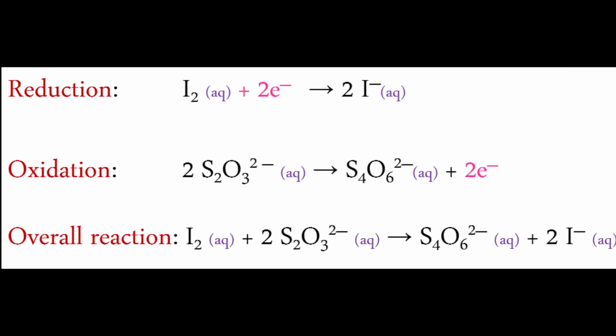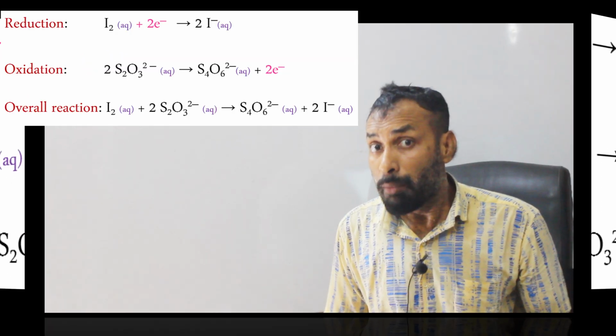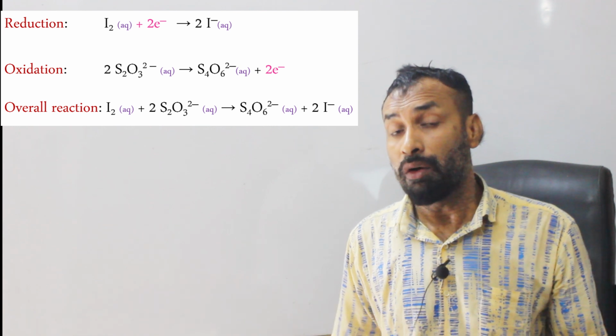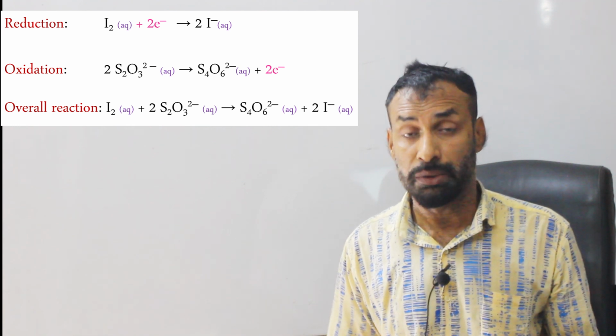You may combine the oxidation equation of thiosulfate and the reduction reaction of iodine together to develop the redox equation. And in the developed redox equation you get the stoichiometry: the mole ratio of iodine to thiosulfate is 1:2. Using the mole ratio and the volumes of the solutions which we get after the titration, we can estimate the concentration